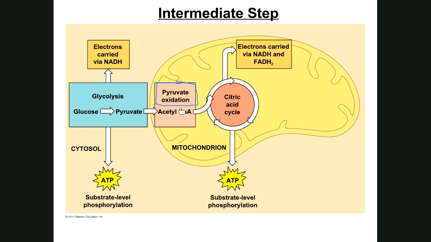Yeah, they're going to lose electrons, okay? The cell, through the use of its enzymes, is trying to strip as many electrons as it can from glucose or glucose-derived products and transfer them to stage 3, okay? So listen carefully for pyruvate oxidation. You can see pyruvate oxidation requires pyruvate here in the mitochondria, and this is the final product, acetyl-CoA. So I'm going to use this step right here